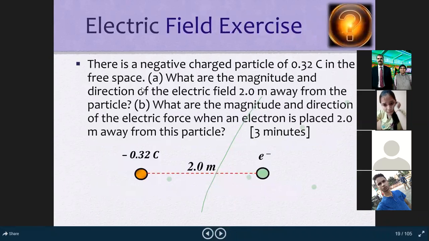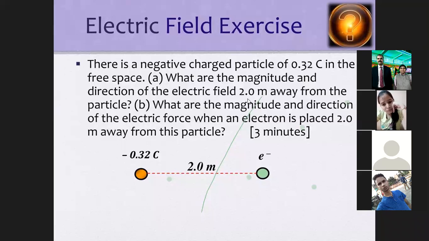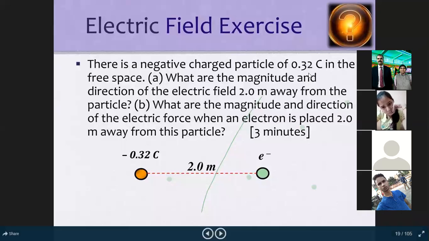This is also a question. Remember, there is a negative charge particle of 0.32 coulomb. ये देखिए नेगेटिव चार्ज है, इसको हम इन द स्पेस, ये फ्री स्पेस में ये चार्ज को रख सकते हैं, जबकि ये नेगेटिव है। पहला क्वेश्चन है, what are the magnitude and direction of electric field? यहाँ पूछ रहा है मैग्नीट्यूड क्या होगा और इलेक्ट्रिक फील्ड का डायरेक्शन क्या होगा। मैग्नीट्यूड निकालने के लिए हमें कौन सा फॉर्मूला अप्लाई करते हैं? हमारा फॉर्मूला होता है कि kQ/r², इसी से मैग्नीट्यूड आ जाएगा। तो कैपिटल Q आपका ये है 0.32 कूलम